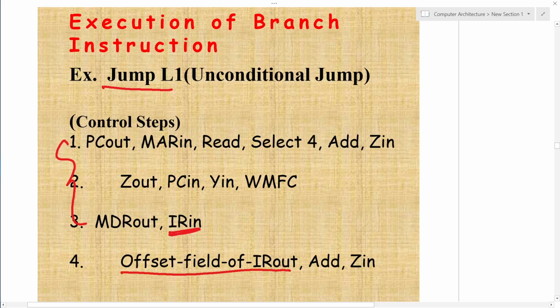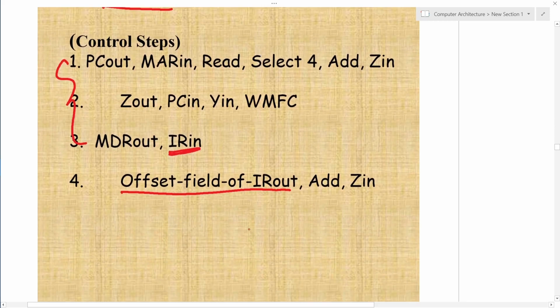That means from the instruction register IR, it computes the offset field, which represents the difference between the branch target address and the present content of the PC. Initially PC was holding a value, but when that content was transferred to MAR, the PC updated to the next value.